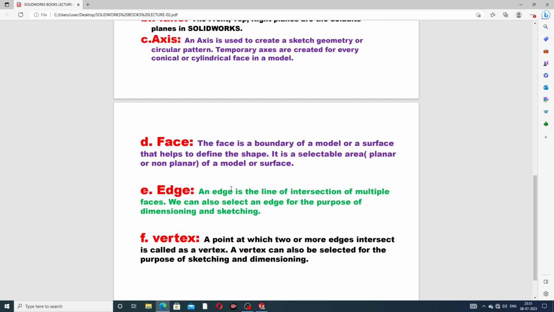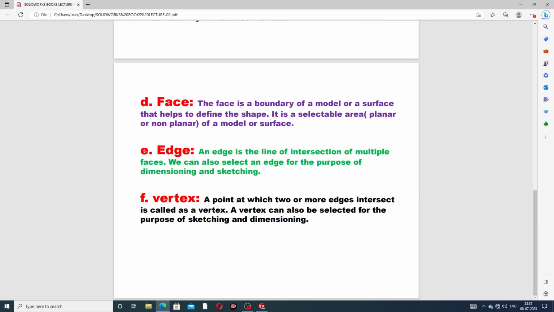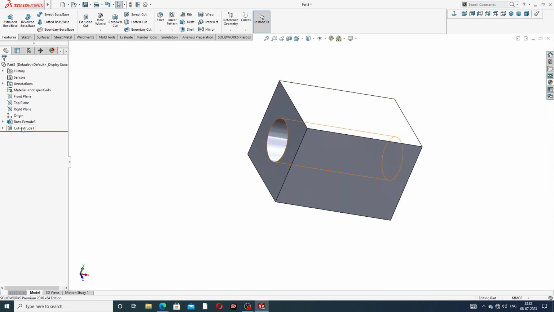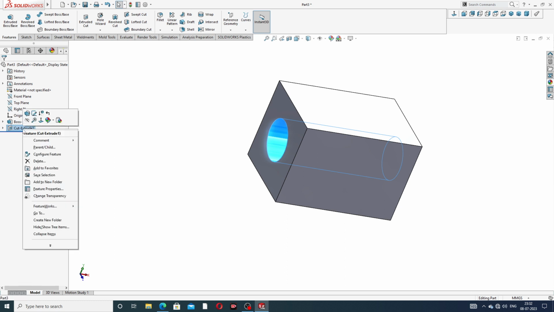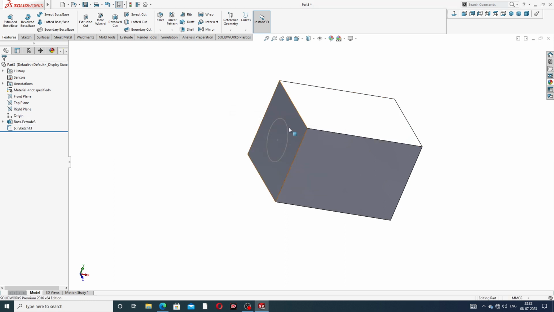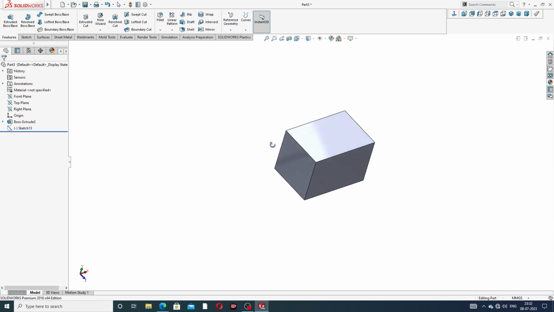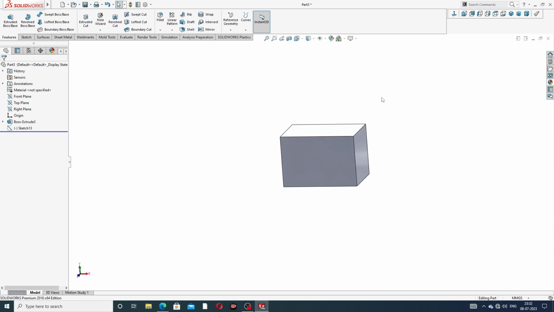Okay, next is a face. The face is a boundary of a model or a surface that helps to define the shape. It is a selectable area, planar or non-planar, of the model or surface, and this is okay, this hide, and also this cutout is also deleted here. Okay, and this body is also plane is hide. Okay, and this is perfect, and use a face, and face is this face is correct,